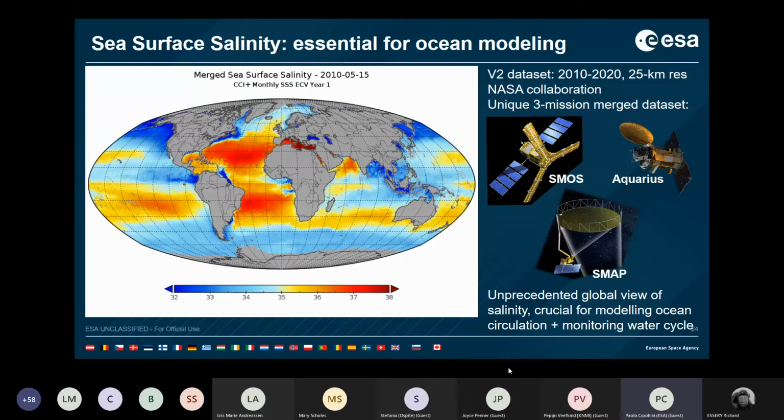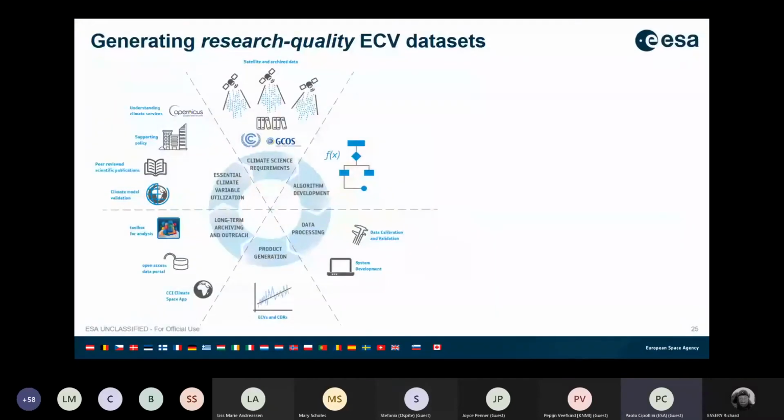So let's follow on. We've seen some examples. I'll wrap up by saying some key facts on the CCI. Let's go to the next slide. These ECV datasets that we get from the